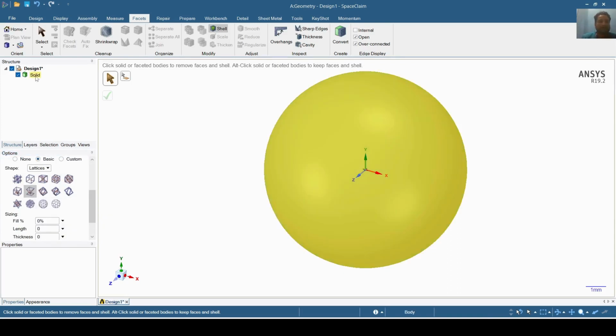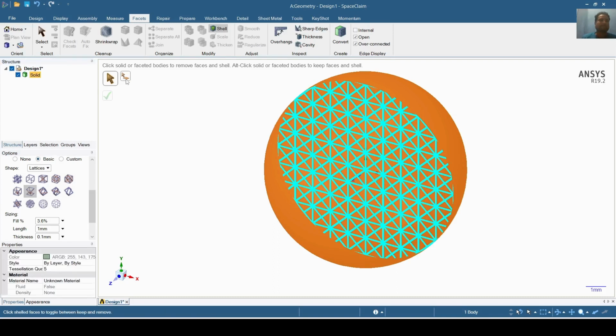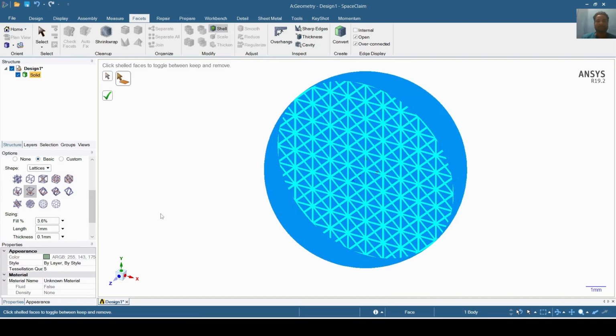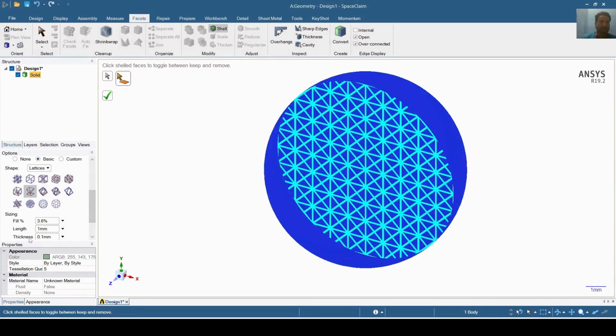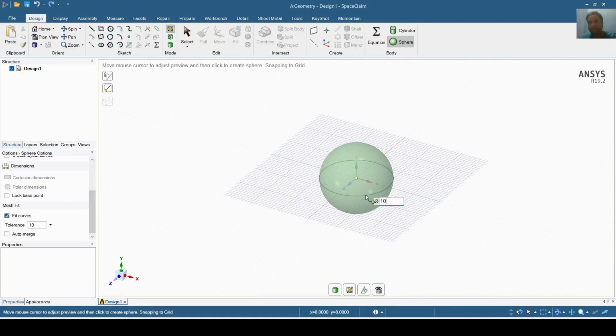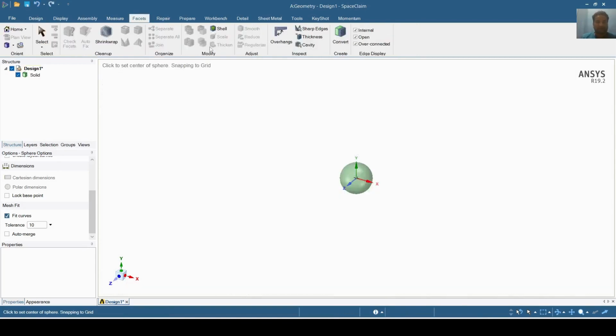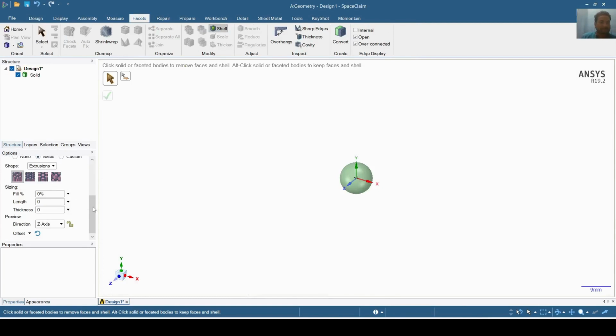and I will select this solid and this icon to select the outer surface. I have selected this. Now this time I will increase the length of the structure, say 2 mm, and we'll go to facets, shell,